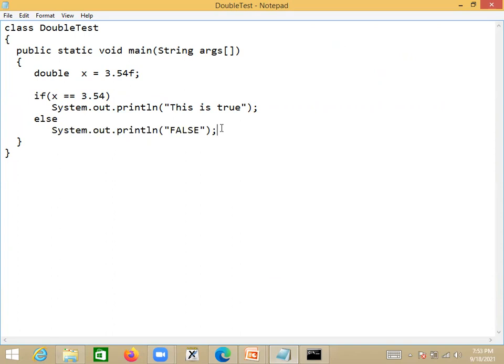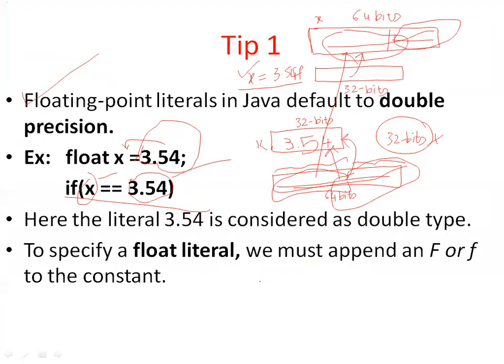Please remember one thing, a floating point number is not equal to a double type number. That's it. And these are the types of questions asked in examinations, programming questions. MCQs mean these only. What is the output from this program? Such kind of questions will be asked. So if you understand how internally it will be stored memory wise, then you can answer these easily.